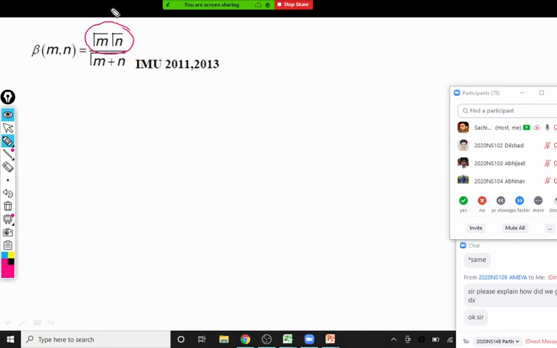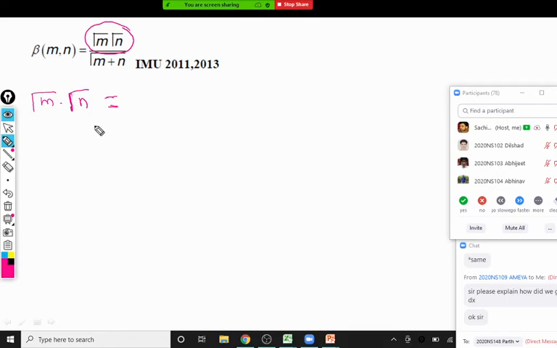So consider gamma m into gamma n. Obviously we have to prove that it is gamma m plus n into beta mn. Another important thing that you should remember is the proof is mainly based on the second definition